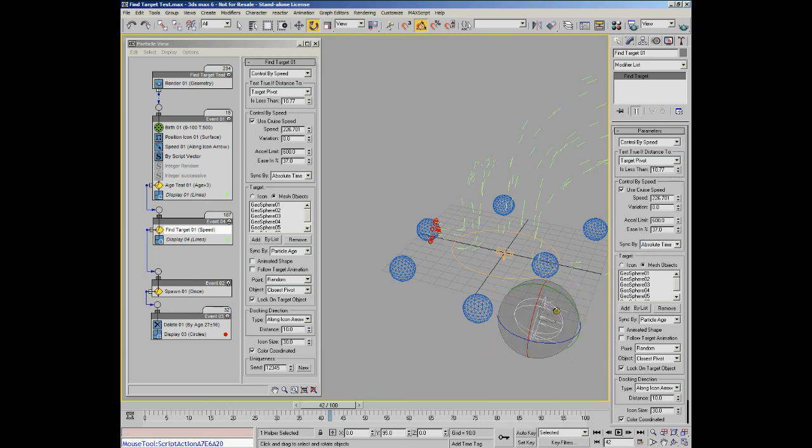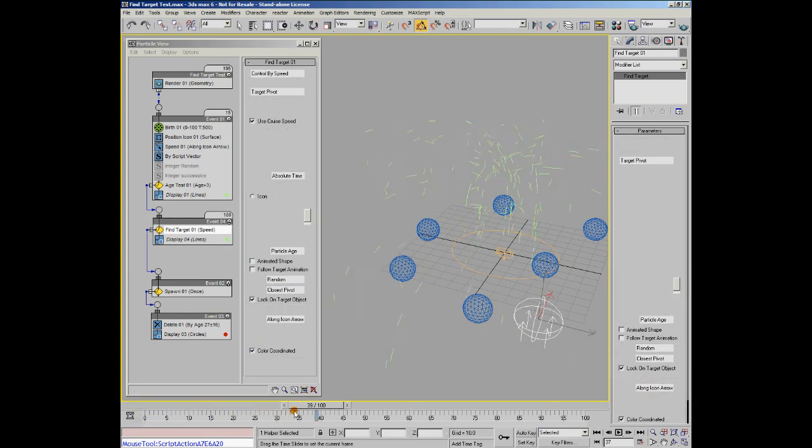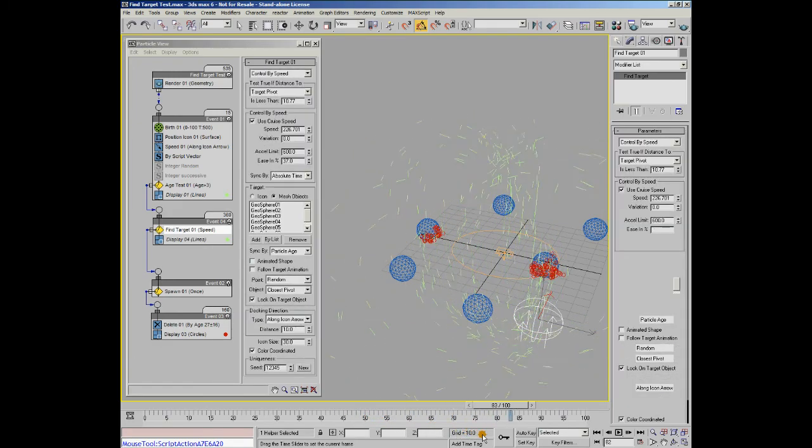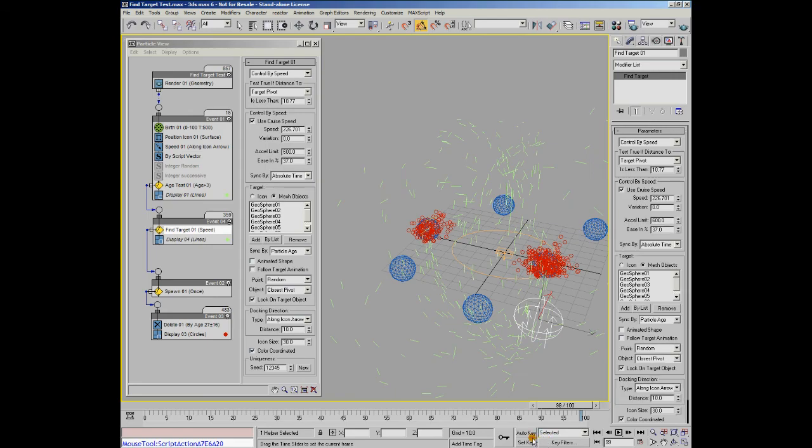If I swap it around, the opposite is true, and if I spin it all the way around, you can see they'll try and actually come in from underneath, and that's going to cause the particles havoc really, as they try to get all the way down to the bottom, fly all the way around, and come in from the underneath. But you can see they do actually